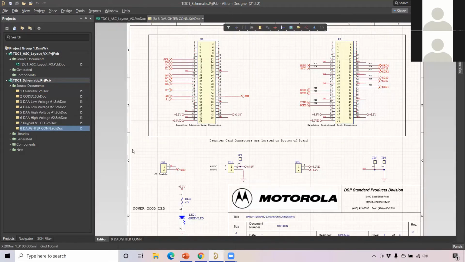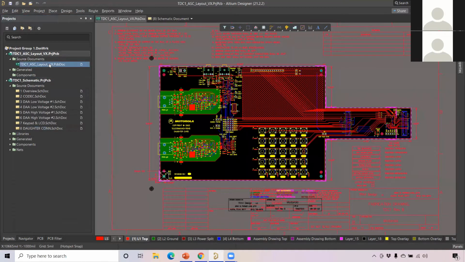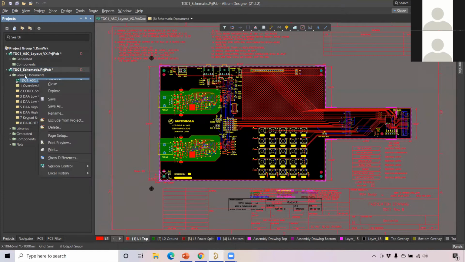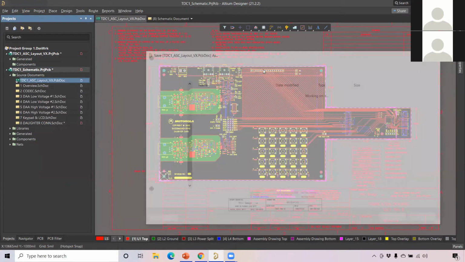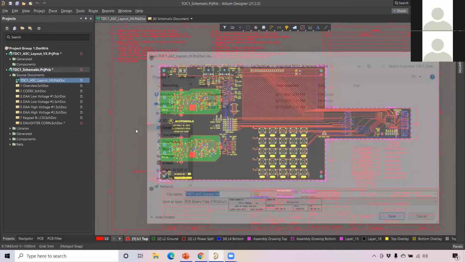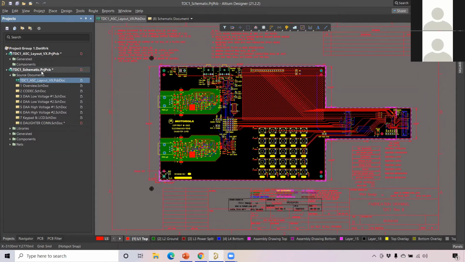Now I'm going to first put my schematic and the PCB in one project, because my schematic is in one project and PCB is in another project. So I need to bring my PCB to this project. I just select the PCB, right click, or I can just drag it to this project. Once I drag it to the schematic, it comes with a small link here showing that it is in a different directory. So I need to save it along with the same project. I just give save as, and save this along the same project here. Now there is no link. It is linked to the same project here.